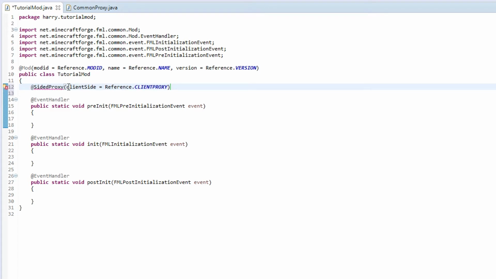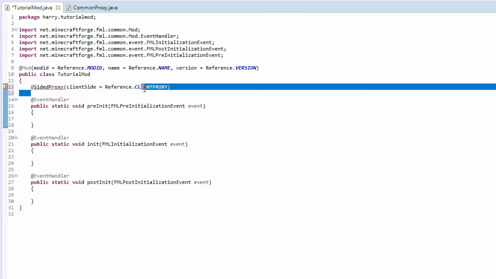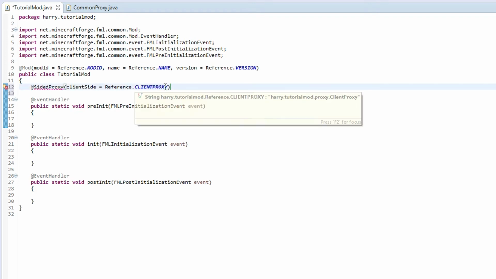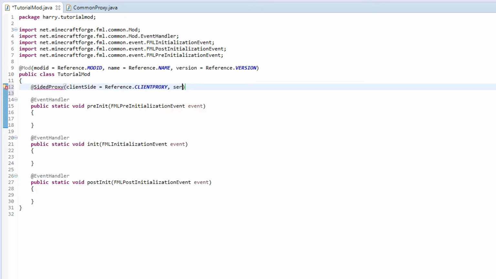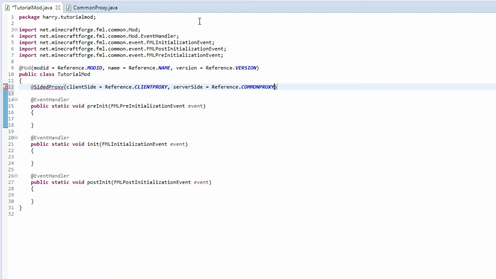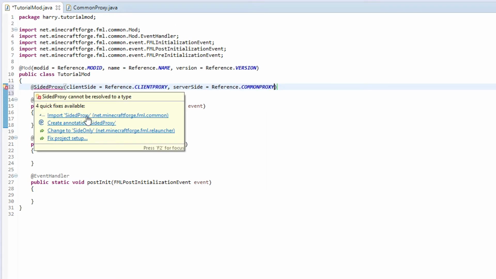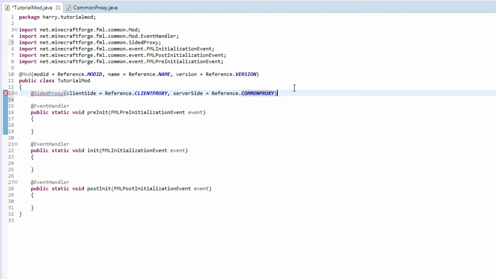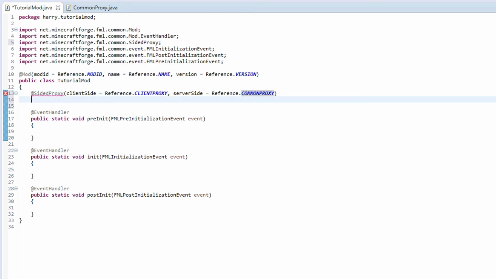So it's saying that the client is this class, and the server side is the common proxy. You want to import SidedProxy, and then finally type